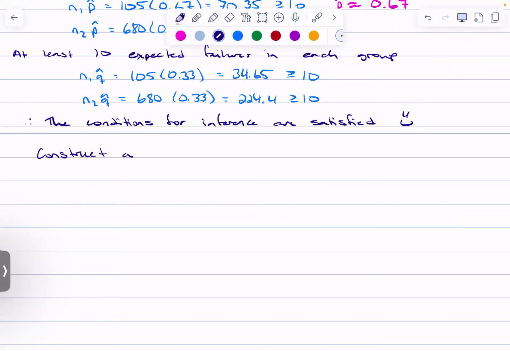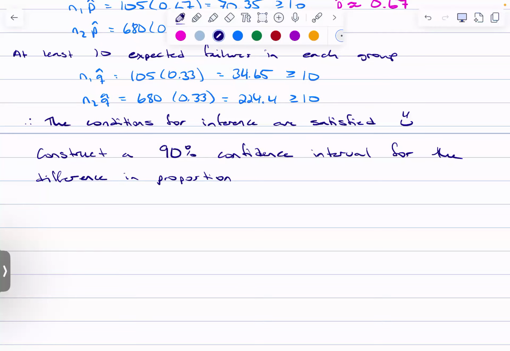Oh my gosh, a 90% confidence interval, for the difference in proportions of Duke